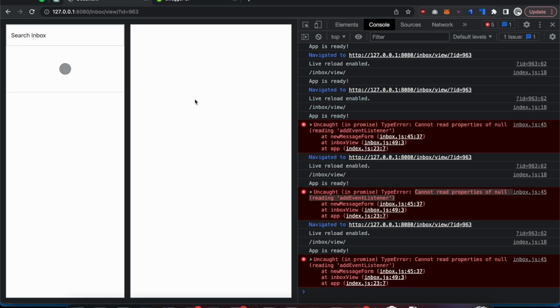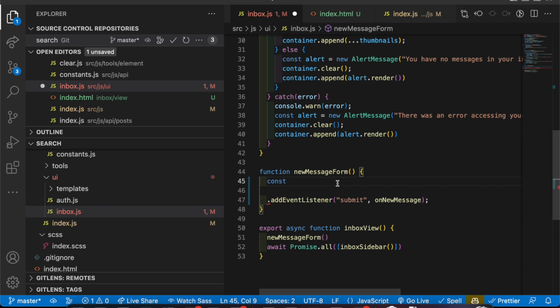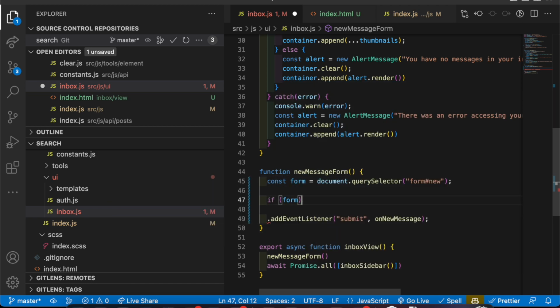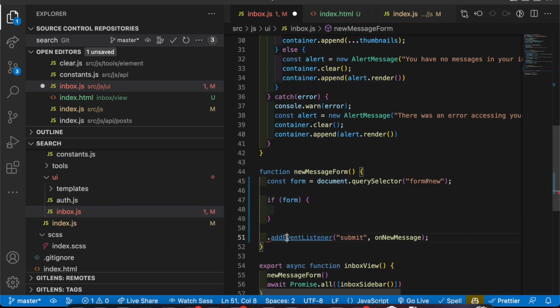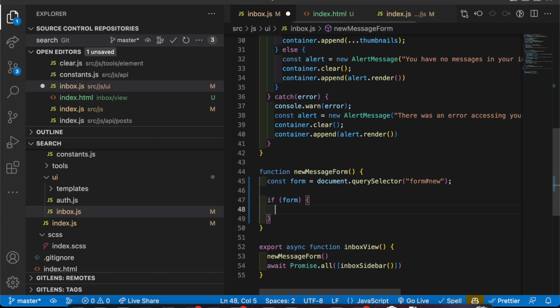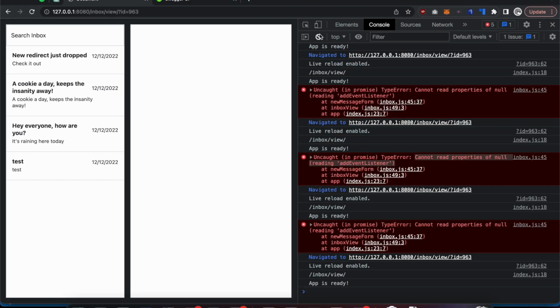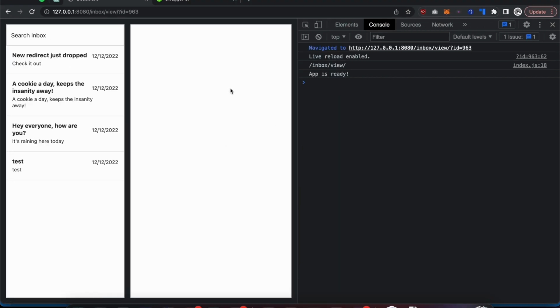So the problem is there's no form here, and I'm trying to set an event listener. So I'm going to try and access that form first, and then if there's a form, then I will continue with setting the listener. And if there's not a form, then nothing happens at all. So there's no problem. And if I clear my console, I've got rid of all my errors, and I've got my posts, and I've got a blank page. So we at least have some